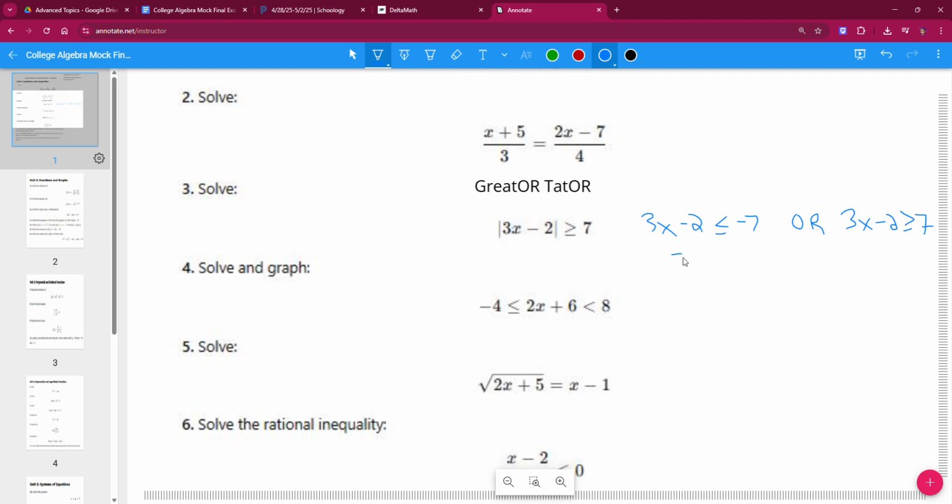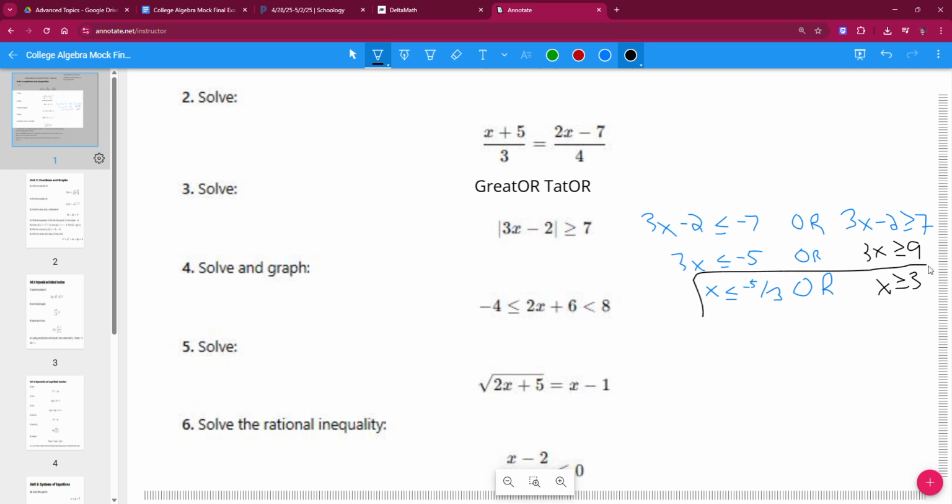And to just solve, so 3x is less than or equal to, add 2 to both sides, so that gives me -5, divided by 3, x is less than or equal to -5 thirds. Or, okay, technically I should be writing this the whole time, but it's okay. I really just need to add this end step here. Add 2 to both sides here, that gives me 3x is greater than or equal to 9, divided by 3, that gives me